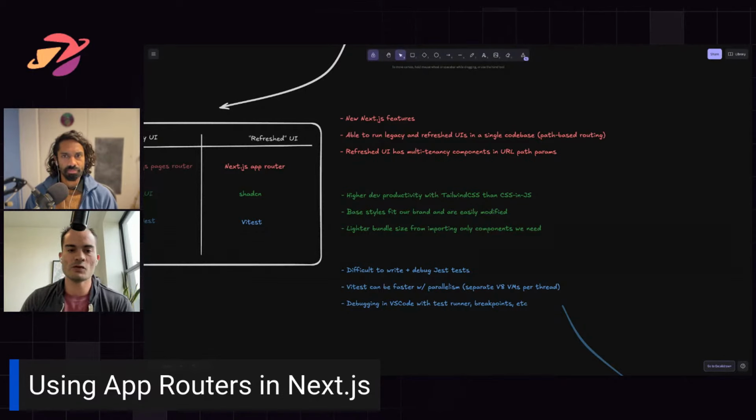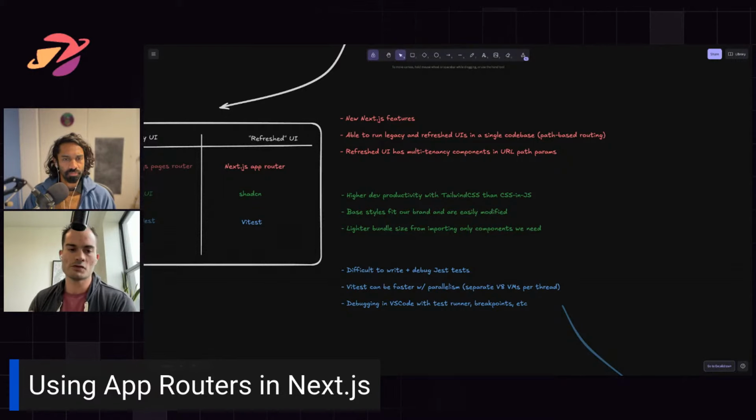Yeah. A major advantage of this was that one of the downsides of Next.js and the file-based routing is that you can't really easily turn on and off different routes in your application. So in this case, we wanted to incrementally run the refreshed UI alongside our legacy UI, as opposed to having a hard fork or branch, because that would create a lot of merge conflicts, and it would be difficult to have two sources of truth for our source control. And so what's nice is that you can actually have new routes defined in the app router and keep your old routes in the pages router, and they're both checked into Git in the same branch, in our main branch. And depending on what route you visit,